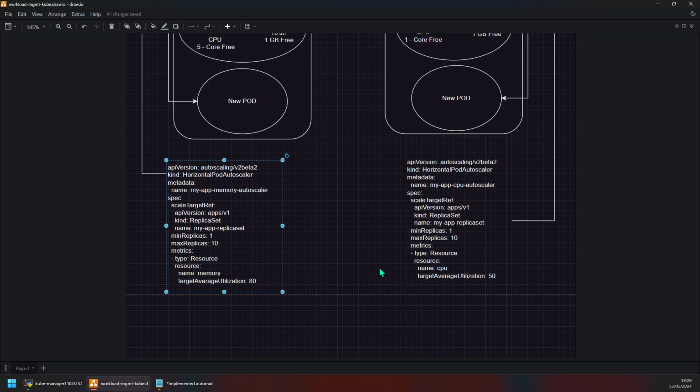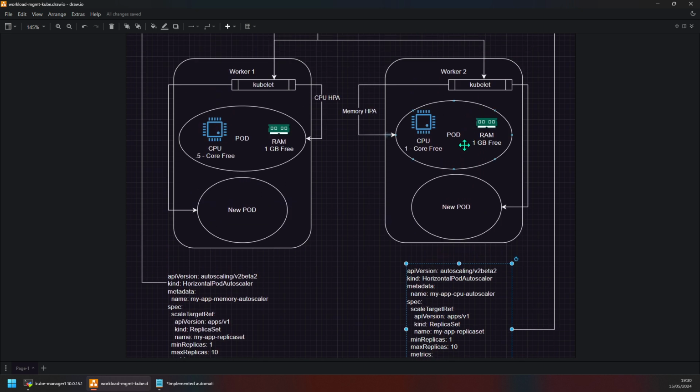If you set a target for memory utilization of 50%, it means that on average, the memory utilization of all pods managed by HPA should be 50%. So when the actual resource utilization exceeds the target, like in this example I've shown you, where CPU is at 50%,